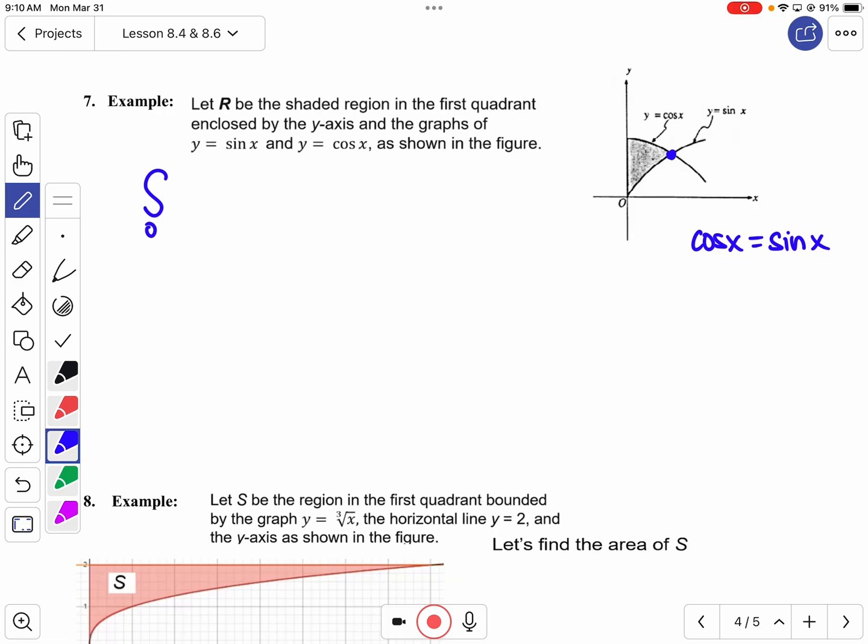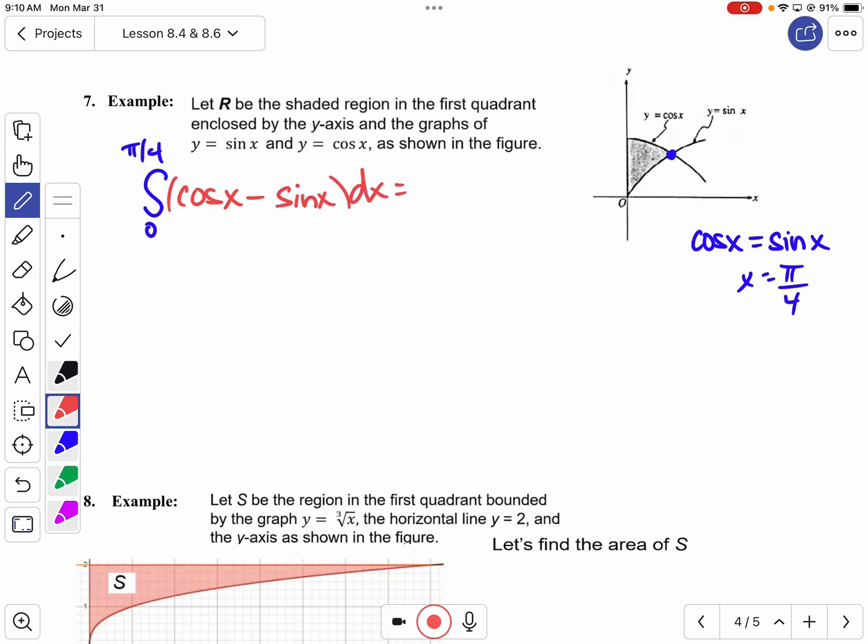What arc length family? Pi over 4. That happens at pi over 4, so we had to know a little bit about trig. If we look at the region itself, cosine is dominant. It's there on top, minus sine